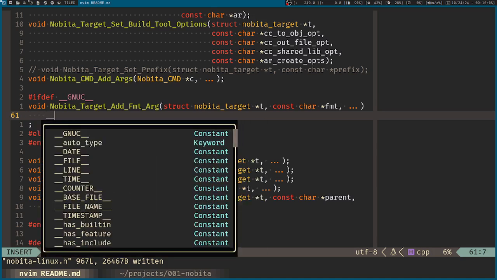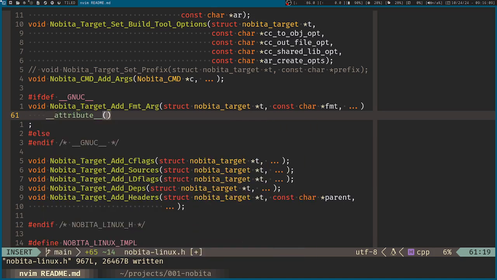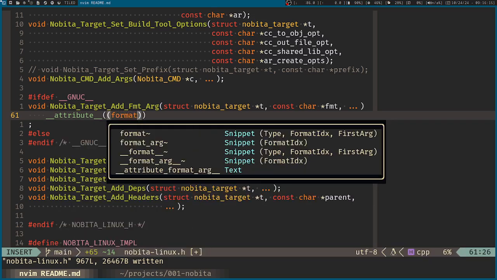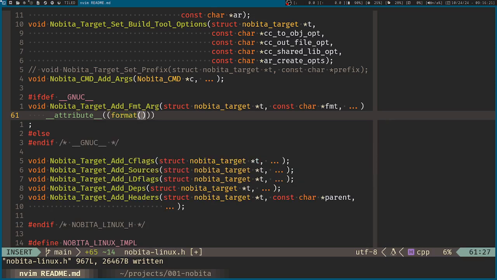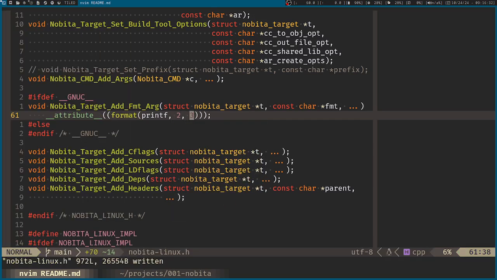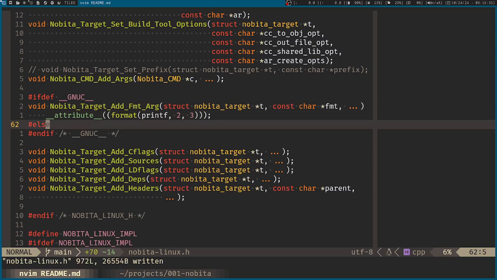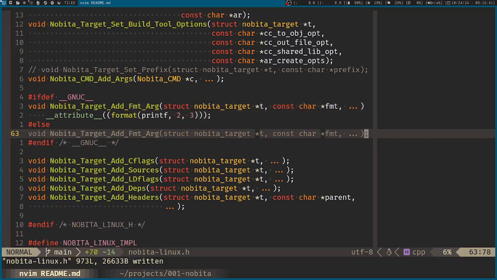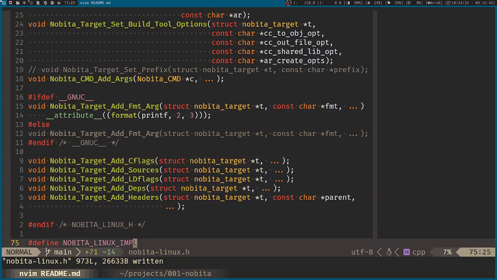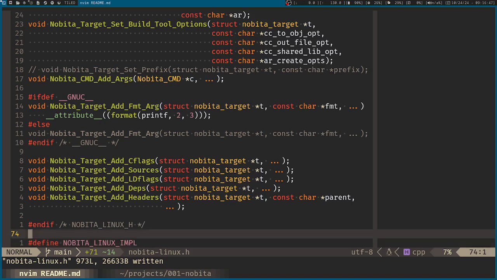so the attribute shall be, what was it called again? Was it format? Format, then the type. Okay. So the type would be printf, and the argument number will be the second one and the third one. And seeing as the Clang daemon is not complaining, I think we're doing great. So we have formatted argument,